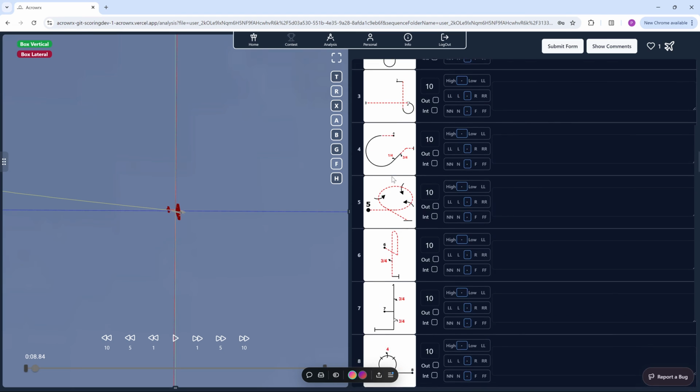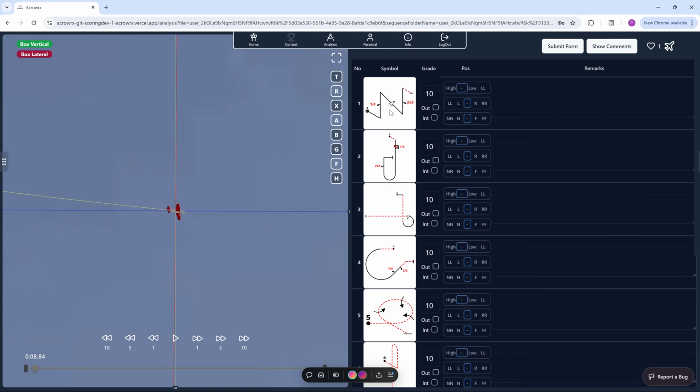So you have all the figures here. If you hover your mouse on top of the figure, you're going to see the RSC code and the K and the superfamily code. And all of this comes from the OpenAero files that you imported when you uploaded your